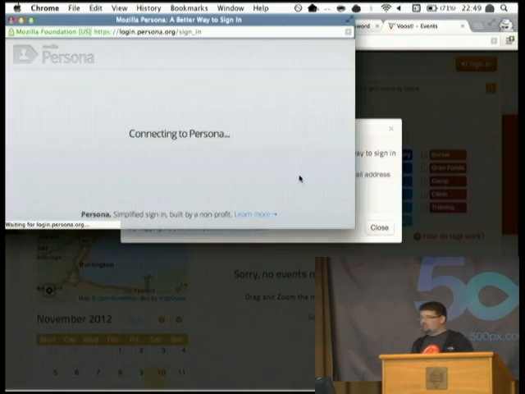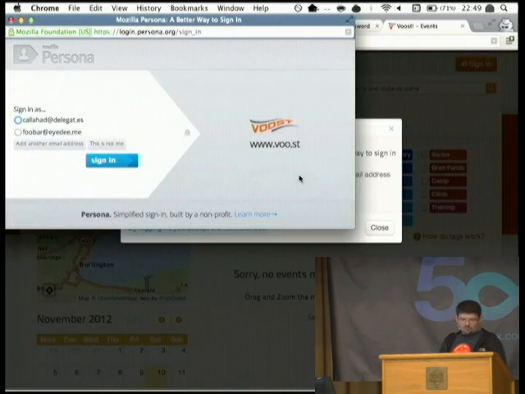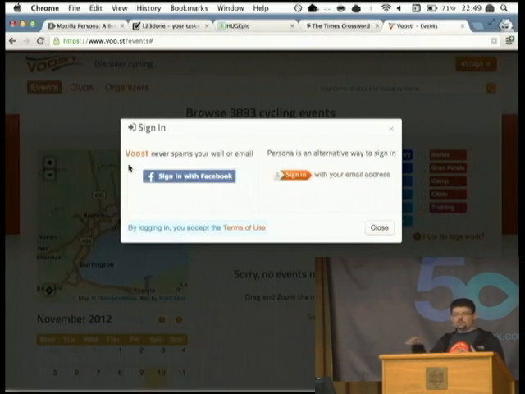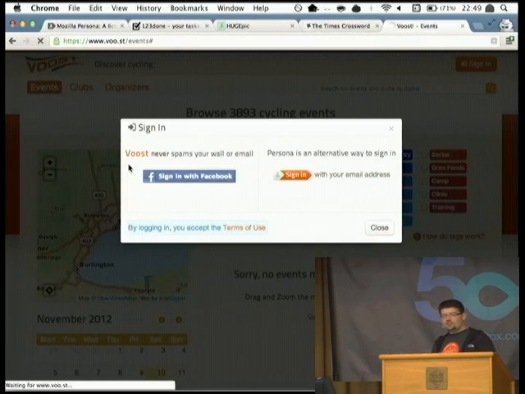When I choose to sign in with Persona, I get the pop-up, but this time, because I have 2 addresses, I get to choose between them. So I'll choose foobar@idme, I'll click sign in, and I'm done. Except I'm not. For Voost, because they let me register for events, they need to know a little bit more